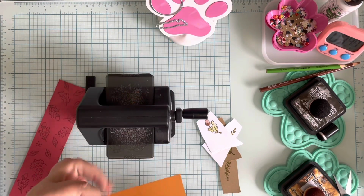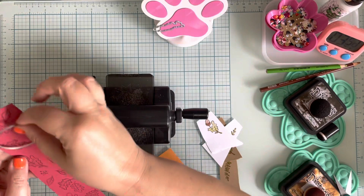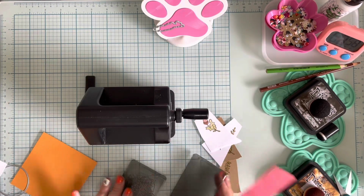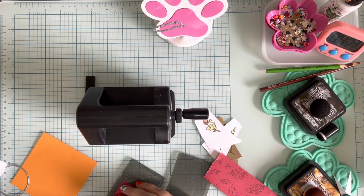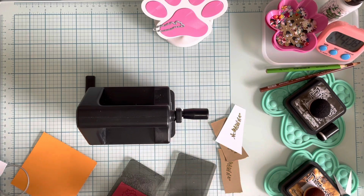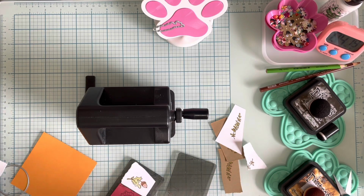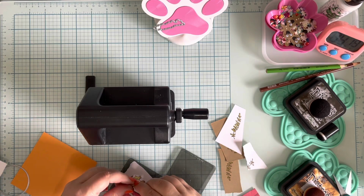Then how about, let's see, will the bigger one fit? Oh, the bigger one will fit on that. Okay. Let's do a little die cutting. And I'm going to ink the edges of these with a little bit of ground espresso and vintage photo. Okay, and then the die for this one